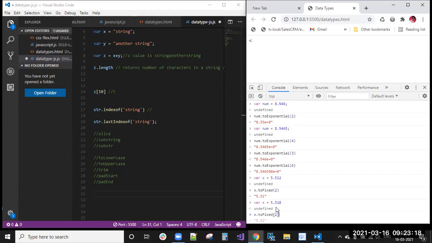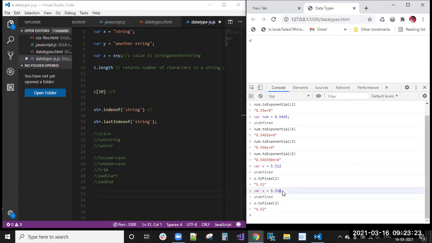Instead of this, I have given 8, so 5.518. See toFixed(2) of 5.518. This 18 is almost equal to 20. Before it was 12, and 12 when rounded gives only 5.10, the zero is ignored, and it is written as 5.1. Now 5.18 is near to 5.20, so because of that it is 5.2, the zero is ignored.